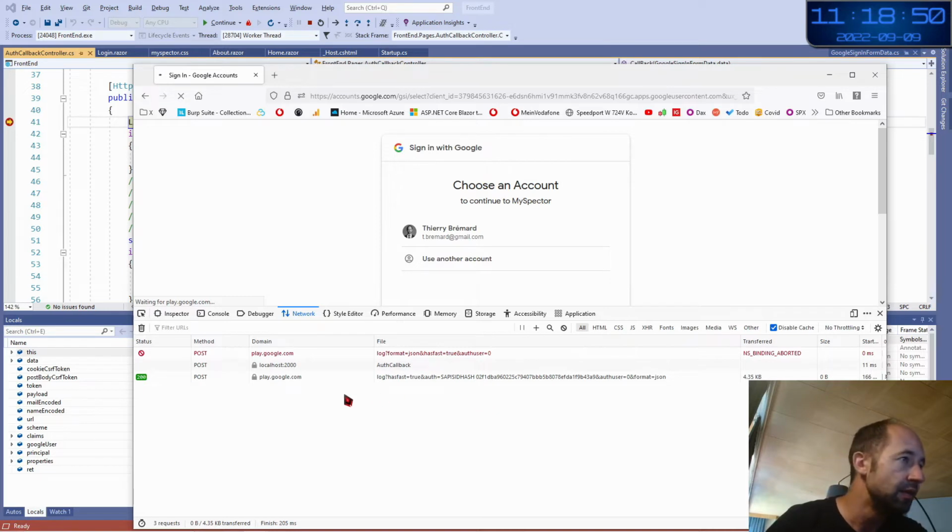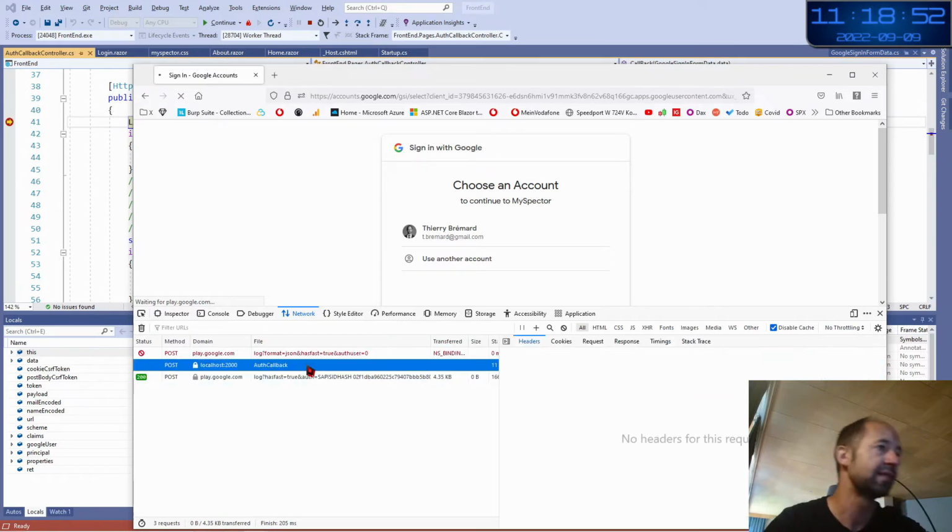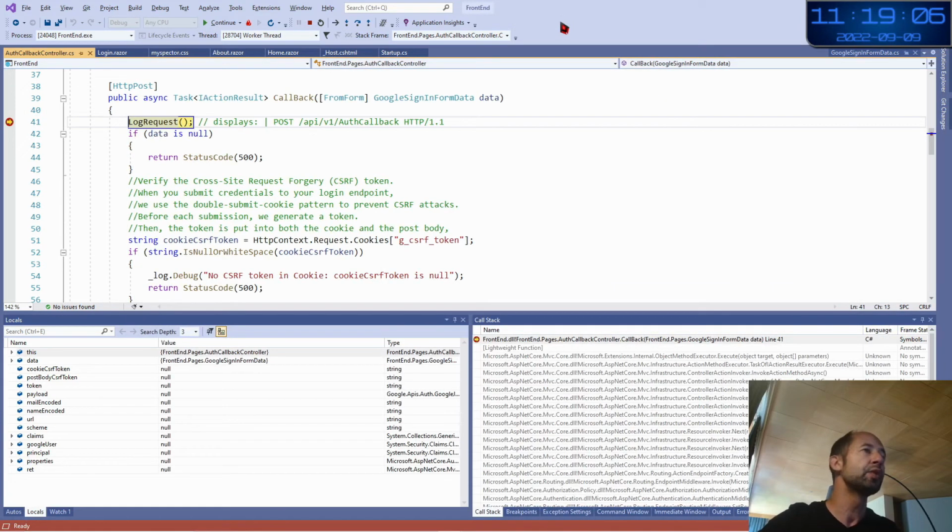Yes, you see here the post, but there is a little issue with Firefox. You do not see the parameters yet because the request is pending to have the answer. But what you have to understand is that